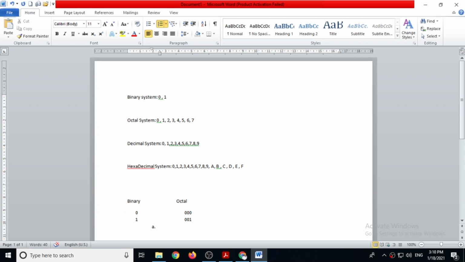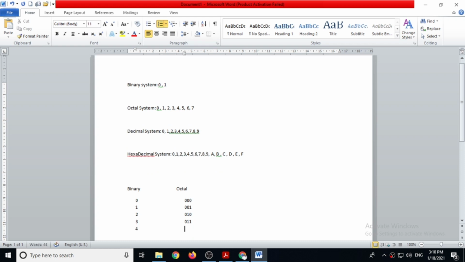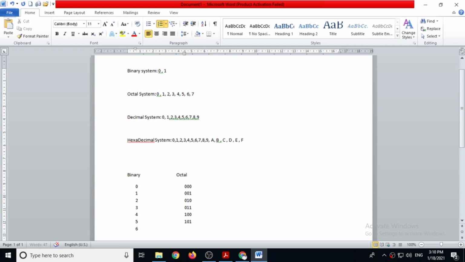For 2 we can write 010. For 3 we can write 011. For 4 we can write 100. Actually this is binary to decimal conversion. If you don't know this, then you have to see the first lecture of our 11th science computer subject. For 5 we can write 101, for 6 we can write 110, and for 7 we can write 111.